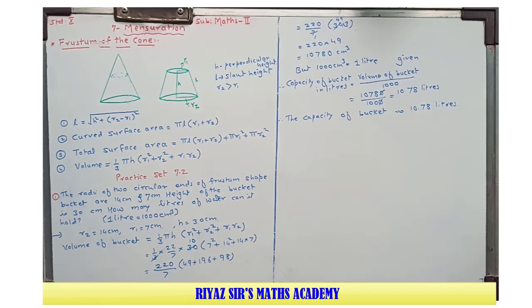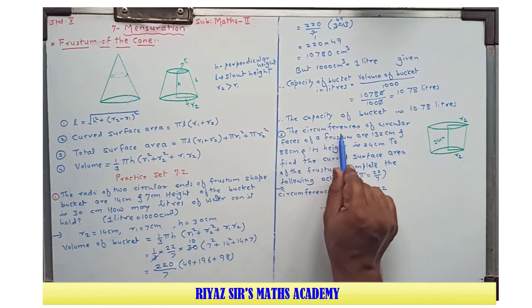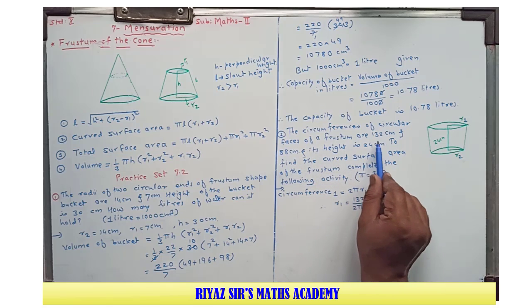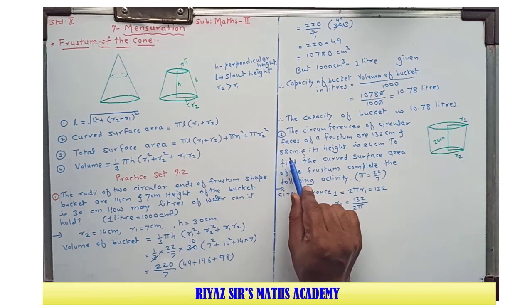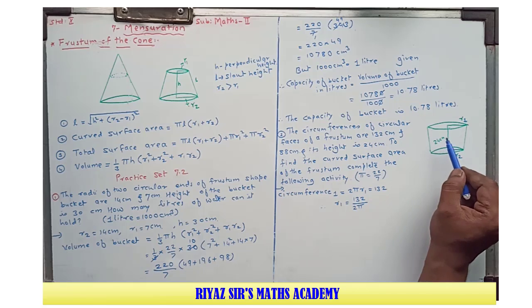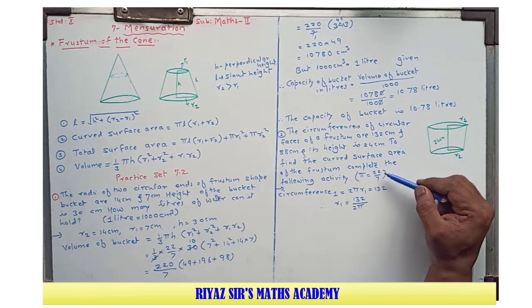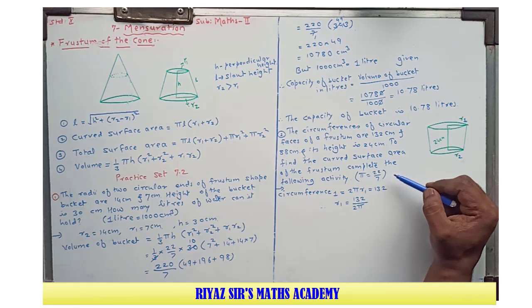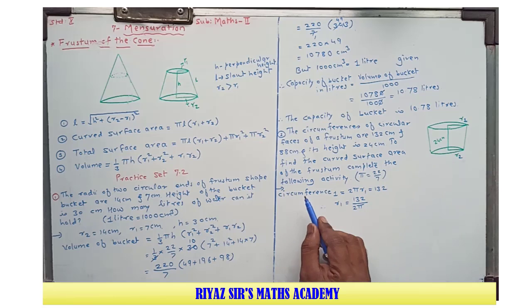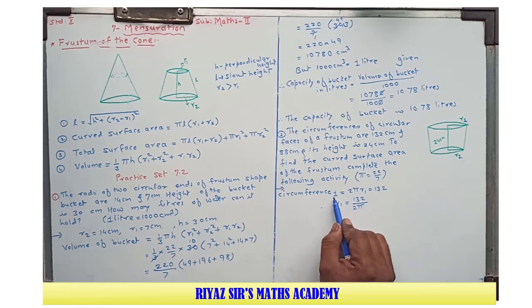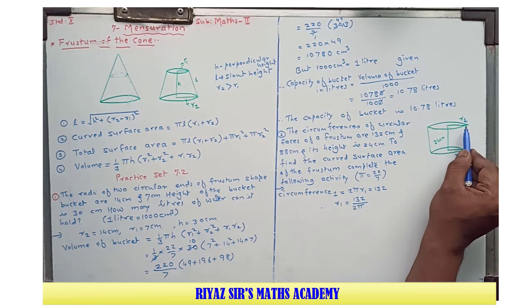Now the second example: the circumferences of the circular faces of a frustum are 132 centimeter and 88 centimeter. Its height is 24 centimeter. To find the curved surface area of the frustum, complete the following activity. The value for pi is given, pi is equal to 22/7, we have to consider. Okay, so here it is given the circumference, we consider circumference because this upper part